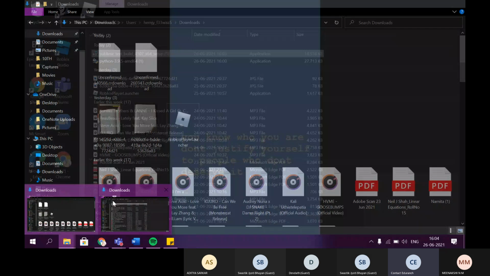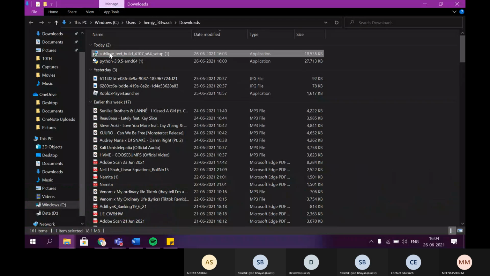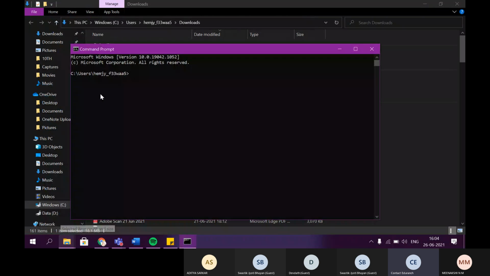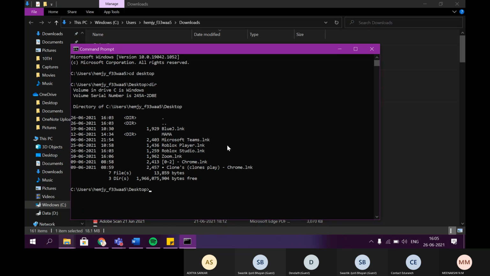Open the command prompt. Okay. Good. Now go to desktop, cd desktop. Create a folder, Python, mkdir. Do you remember? It's not there. You can create one. mkdir Python.